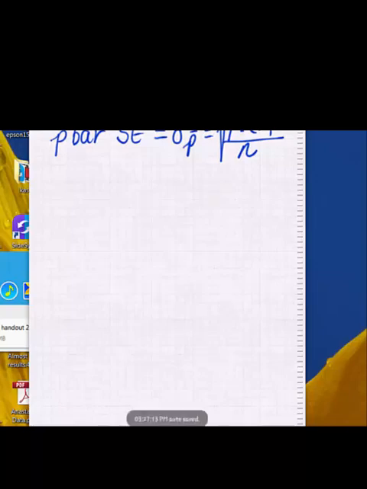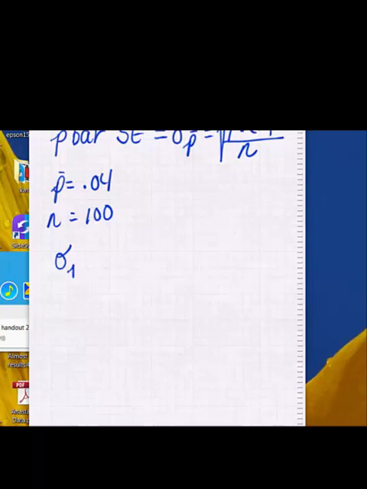And so in our problem, P bar is going to equal 0.04, our sample size is 100, and that's all we need. So we can just put those numbers right into our equation. So we're going to take the standard deviation of P bar, which will equal the square root of 0.04 times 1 minus P bar over